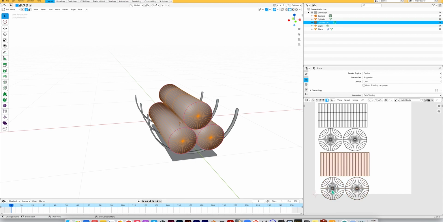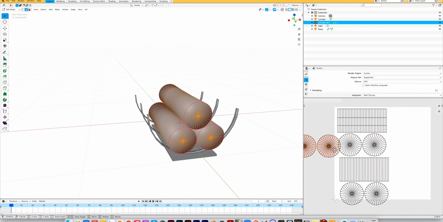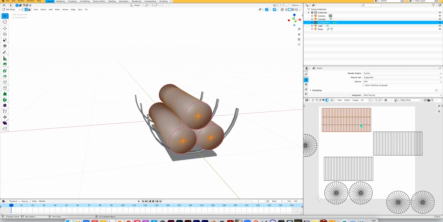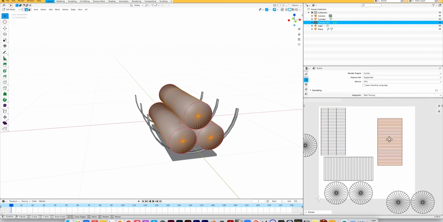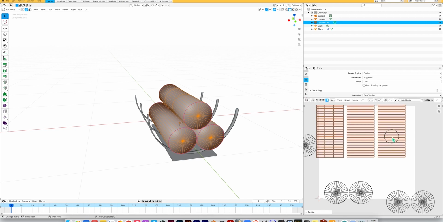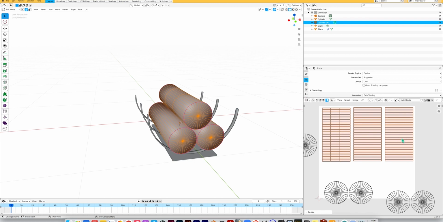So I just drag out these little UV parts, and I might have to do some rotating here. Actually, no, I don't want to do that because I want to keep everything in the same direction for the node editing that I'm going to be doing. So I think I'm going to make these like that. Just hitting R and 90 to rotate these. I can make these a little bigger, S for scale, so they're a little higher resolution. And then for these,